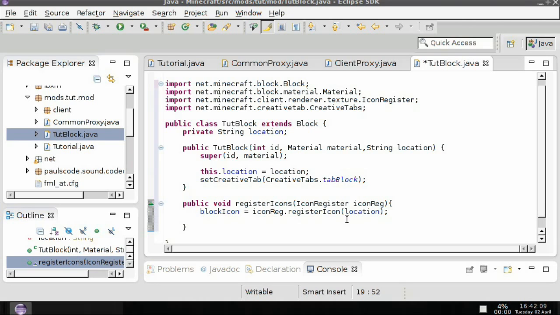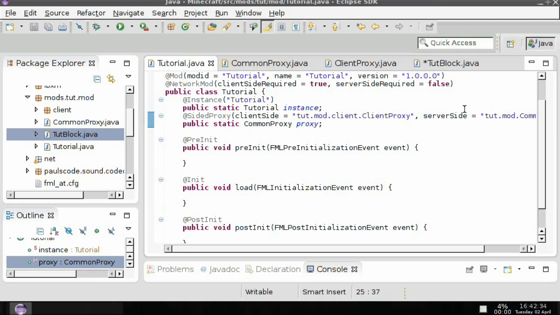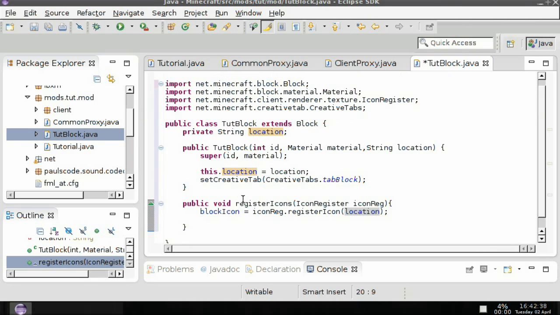Now, in a lot of other places, you'll see them actually put the string in here directly. But that only allows you to make it, no, what that forces you to do is have the same texture for any block that you want to just be rather generic, like this. So, what we're going to do over here in the tutorial is, well, actually, back over in this,